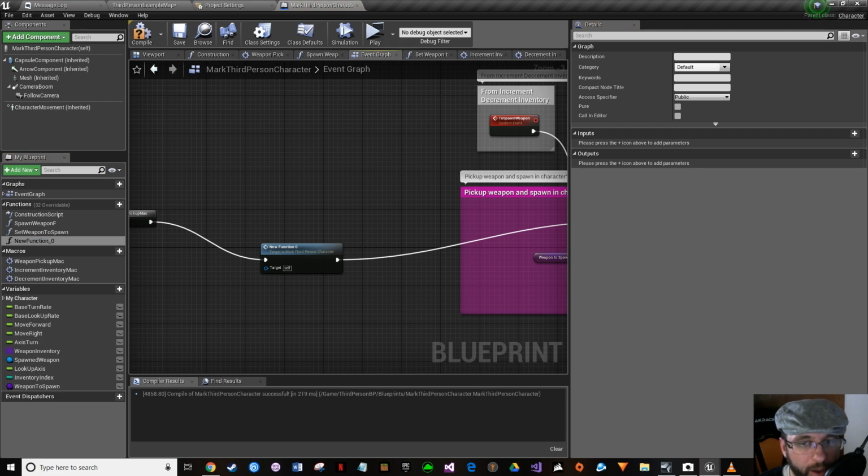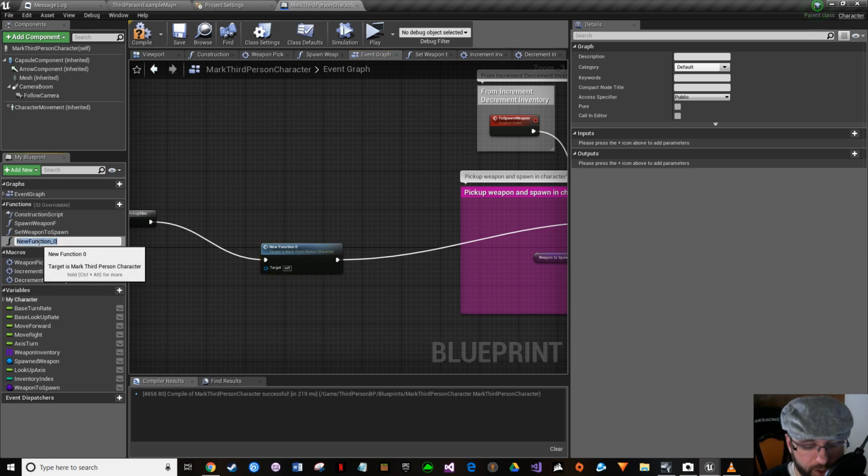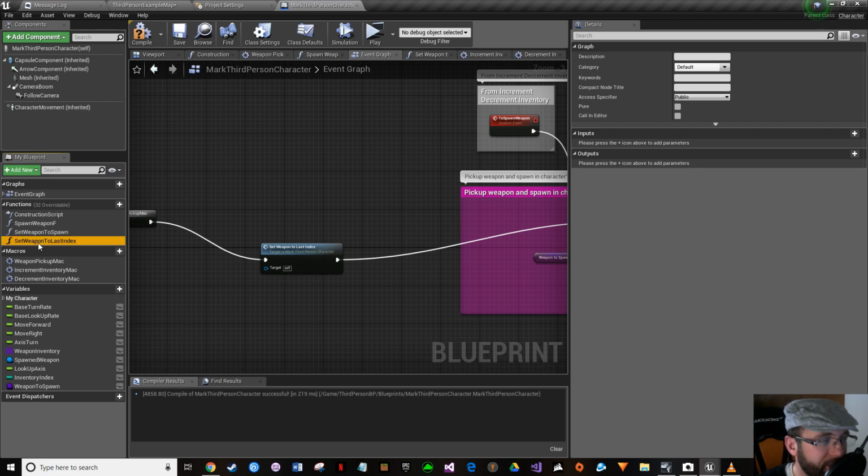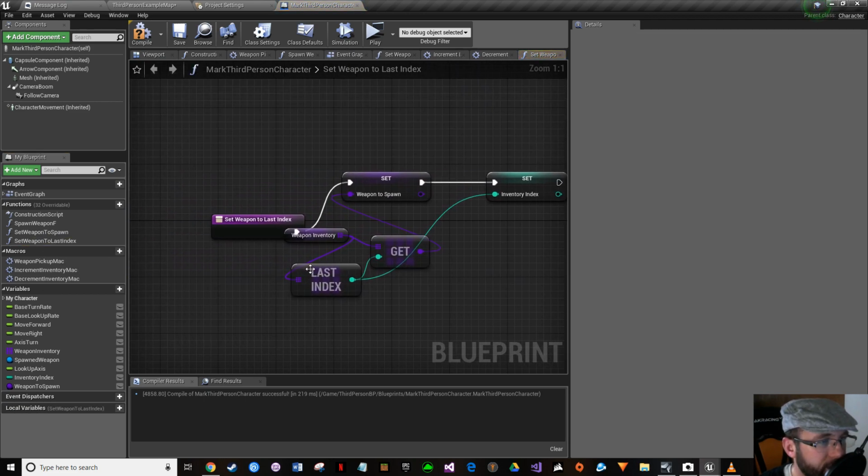We're not going to keep it that name, but I needed something in my notes, and I want to keep it the same. Yeah, so just make sure you have this highlighted over here, F2 it, and just call it set weapon to last index. Now you got to be careful with that collapse to function, because sometimes when you click it, well,